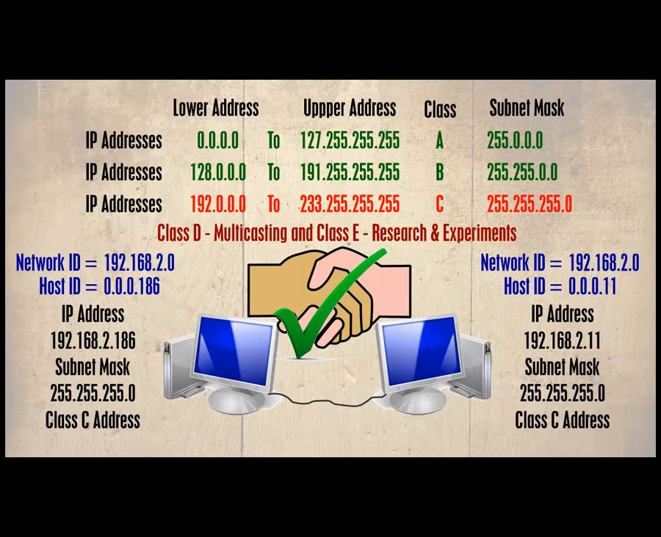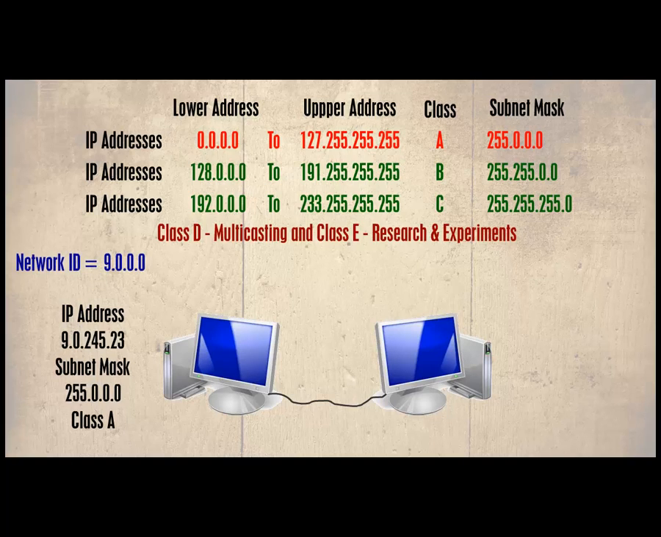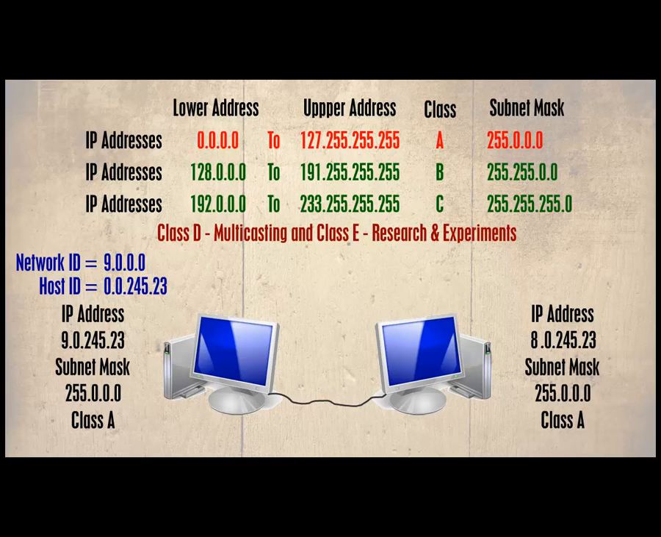Let's take a second example. This host has an IP address of 90.245.23. This falls into the class A IP addresses, so the subnet mask is 255.000. This means only the first octet of the IP address is the network ID and the last 3 the host ID. The other host has an IP address of 80.245.23. Once again proves to be a class A address. A subnet mask of 255.000. That means the first octet is used for the network ID and the last 3 for the host ID,